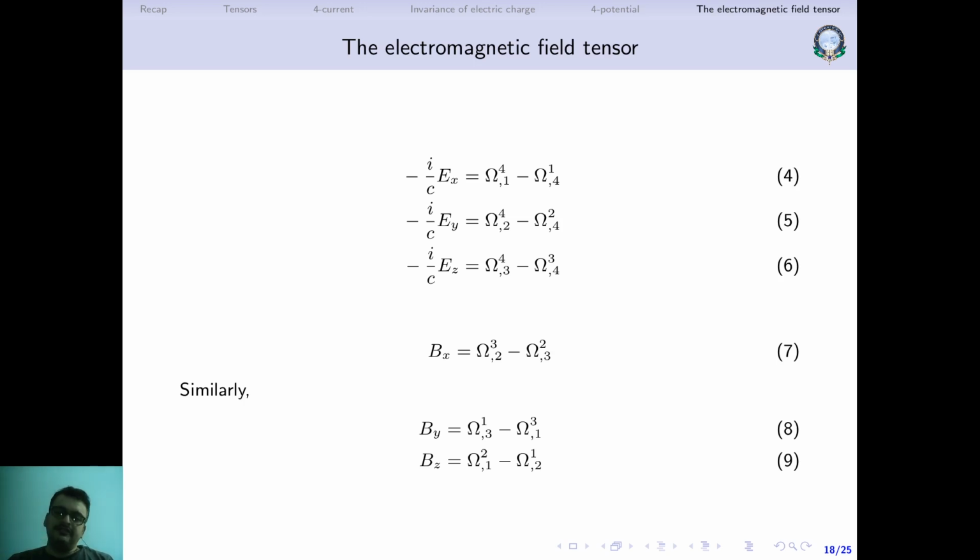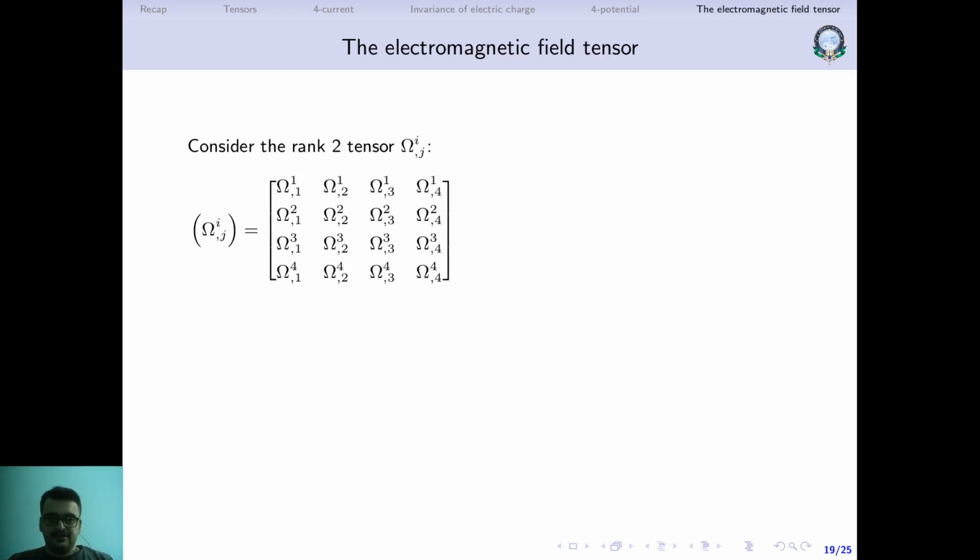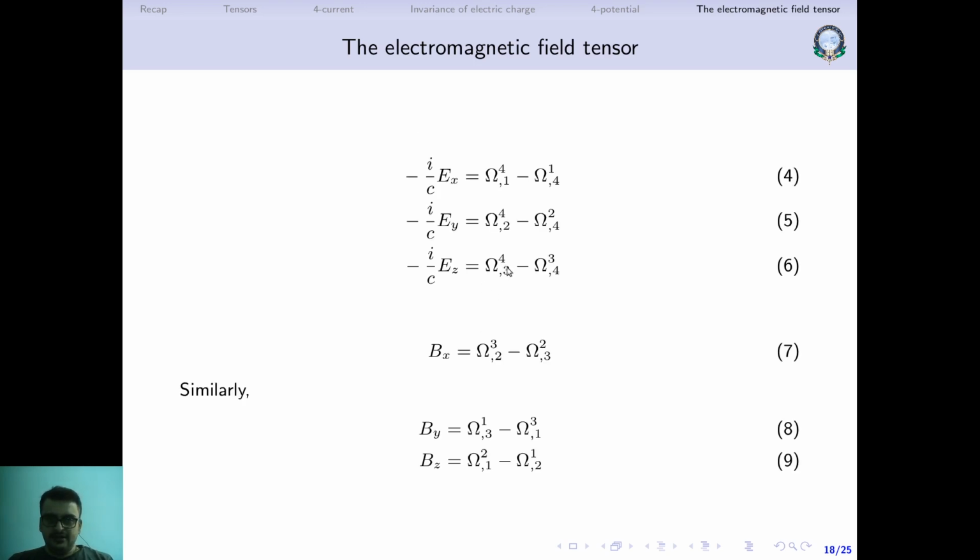So basically we require a skew symmetric matrix. Let's see how we can construct this skew symmetric matrix. Remember, to obtain these components, we are differentiating the components of the 4 potential with respect to the Minkowski space-time coordinates. And there is a theorem in tensor analysis: whenever you differentiate like this, you are actually raising the tensor by rank 1.